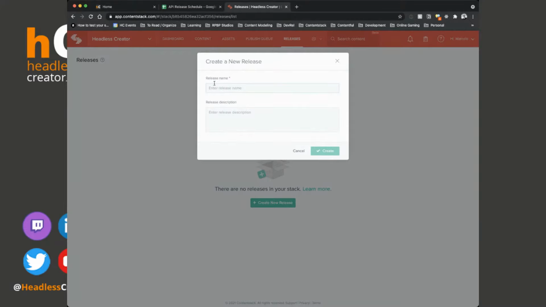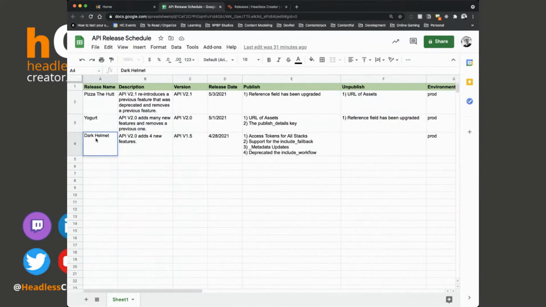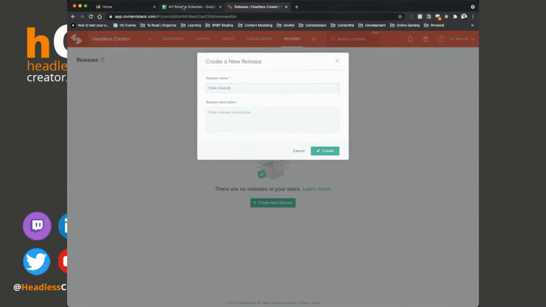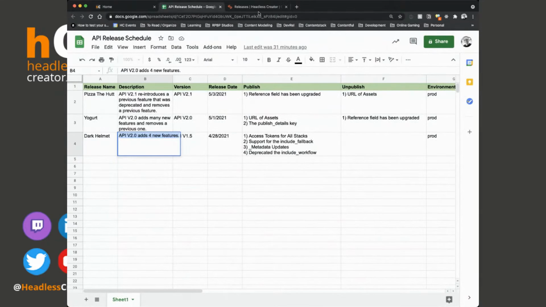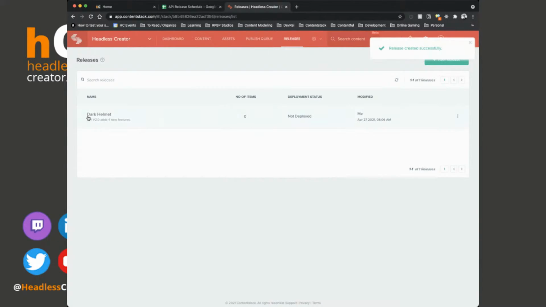You can enter a name and a description for the release. I'm going to start with Dark Helmet. That's my first release. And that's just the description. Of course, it's all made up. Okay, so I already added it. Notice that number 1, it's not deployed. Number 2, there are no items. And number 3, there's nothing that says when this will be deployed. We'll get to that in just a minute. Right now, we're just creating basically